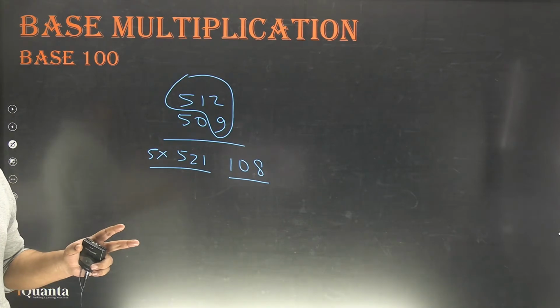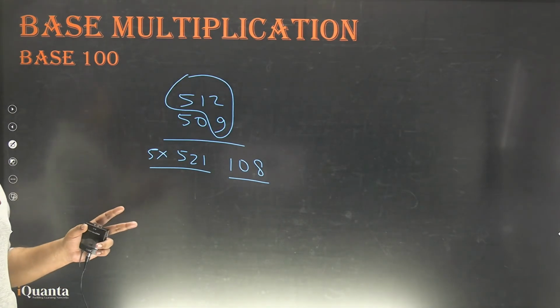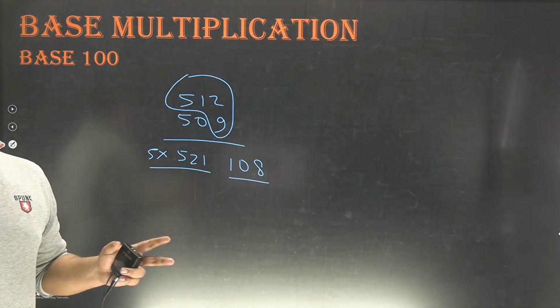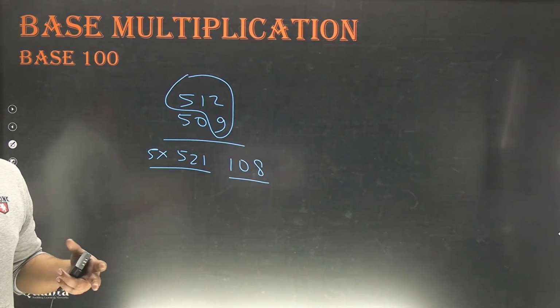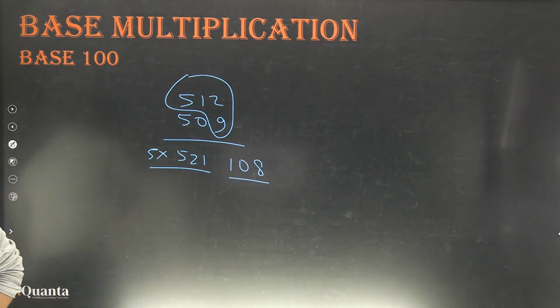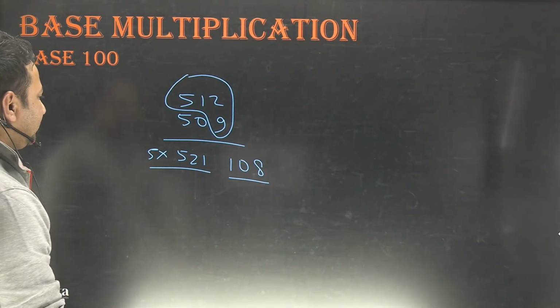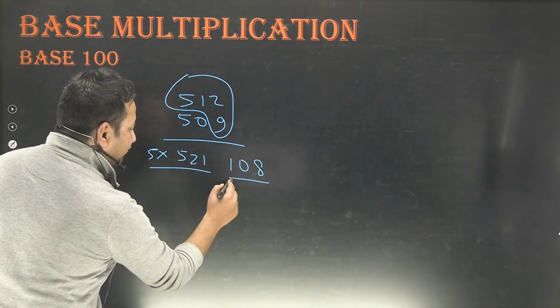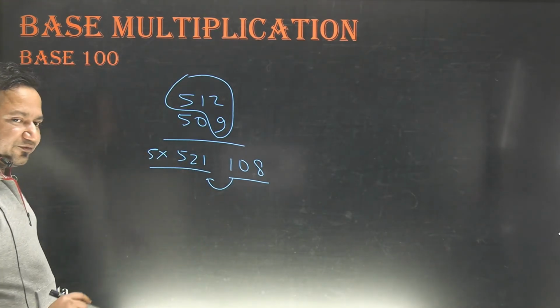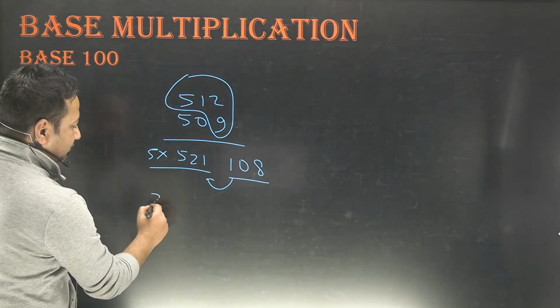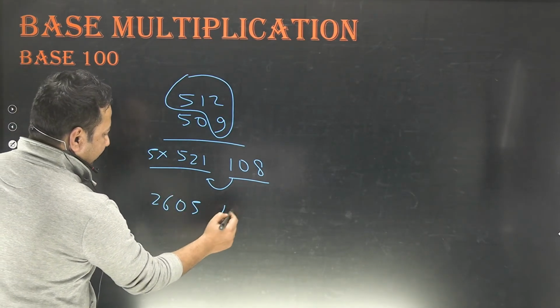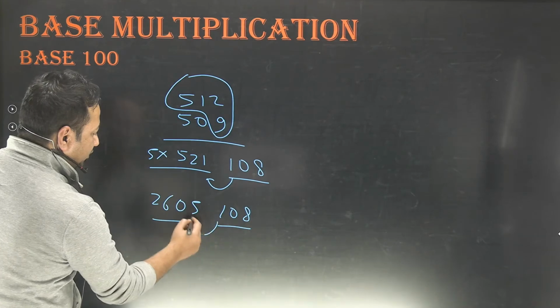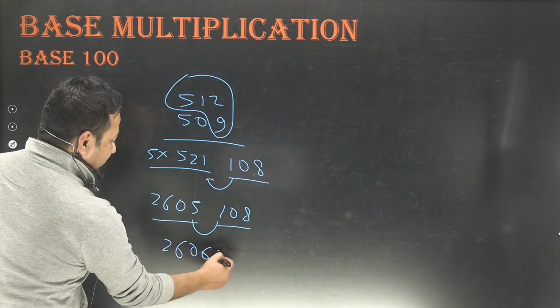No, Niharika, not there. See, the map of Africa can be applied if and only if both the numbers are greater than the base. Okay? All right. So this 1081 would be going here, but before that we need to multiply. This will be 2605 and then 108. 1 goes here, we get 260608. Is that right?